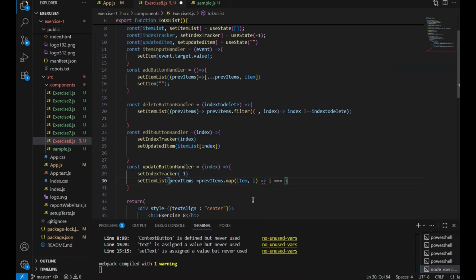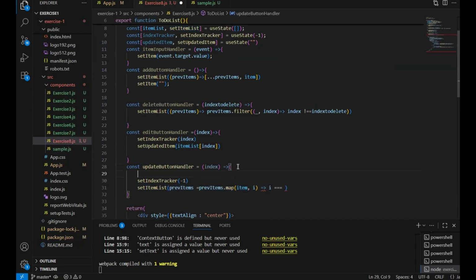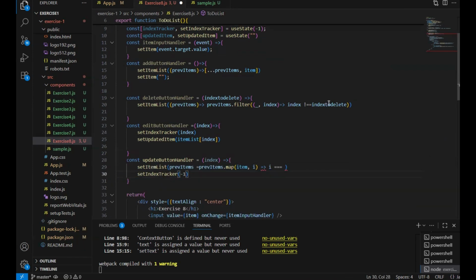And that is why I have to put this line of code before the line that sets the index tracker, because I am changing the value of index tracker. It would have been a problem. So before setting it back to -1, I am going to grab that value from index tracker. And if